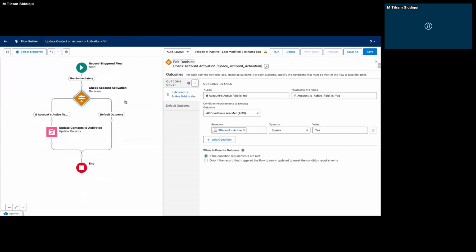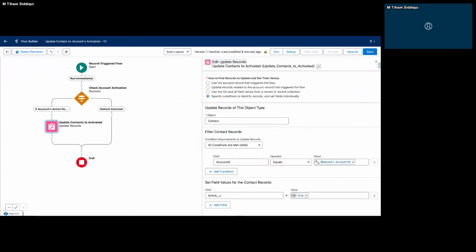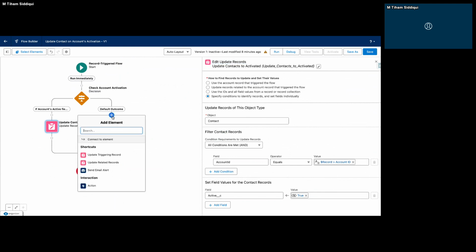It checks the value of this active field. If it is yes, it follows this path, and this element will update the associated contacts and set their active field value to true, because I used a checkbox. I did not create a picklist field. I created a checkbox. And in the else statement,